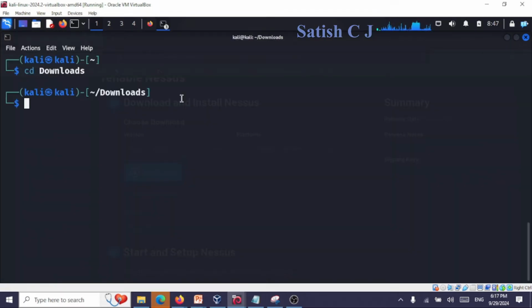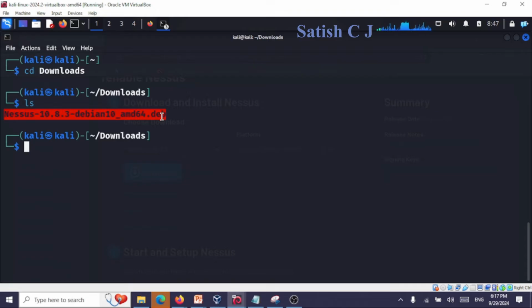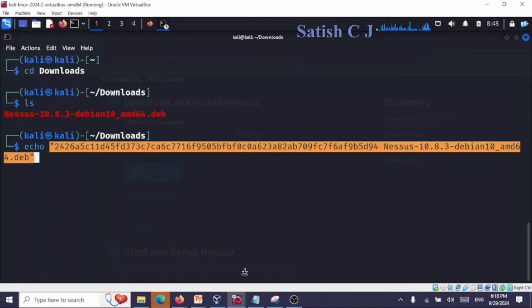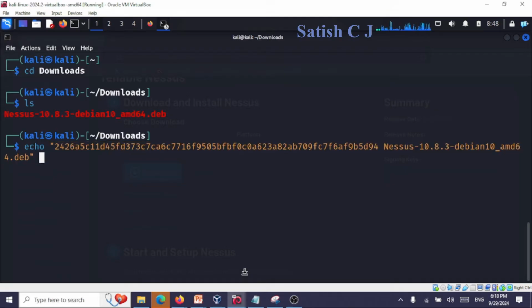Now you go to your downloads folder in your Kali Linux and check for the file that has been downloaded. Now copy the checksum and this specific file and write it to another file. So we have the SHA-256 checksum which we have copied. We'll just echo that checksum along with the file name to a file, and we can call that file SHA-256sum_nessus. So this file contains this checksum with the file name that we have downloaded,